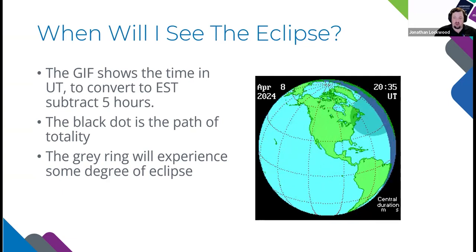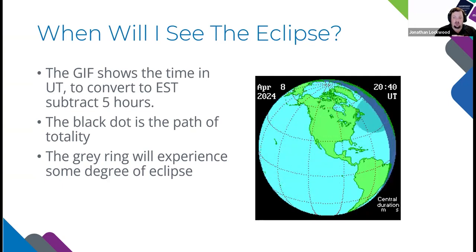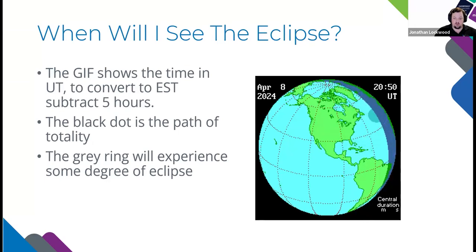Everybody in that gray ring around the main dot, those are the people who are going to see some varying degree of eclipse. The people who are on that path following the black dot are going to see a complete total eclipse, which is going to be